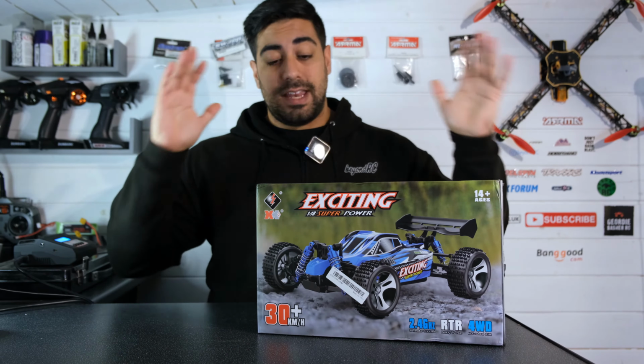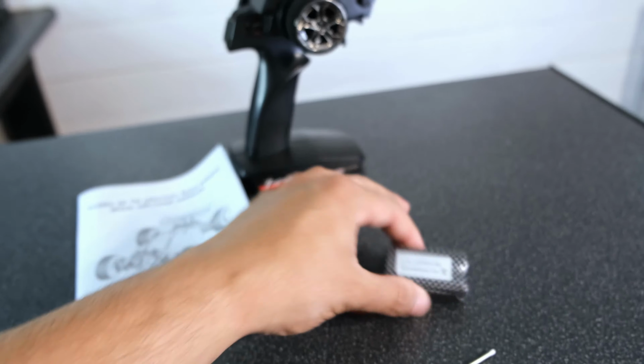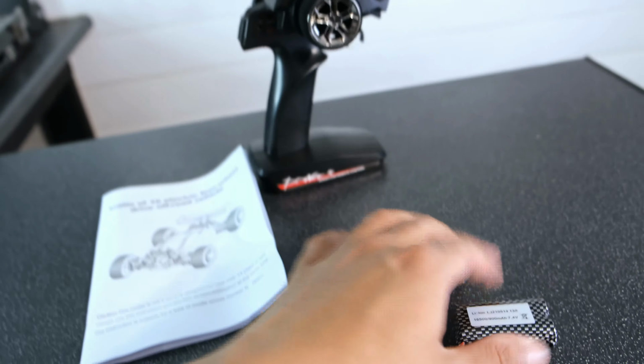Right, that's enough talking. Let's get it unboxed and find out what we get. In the box, it's pretty much exactly what we get with all the Wltoys models. We've got a USB charger with a power output of 2000 milliamps an hour. We've got a tiny little screwdriver, a 900 milliamp hour lithium ion battery pack, a basic black and white manual,